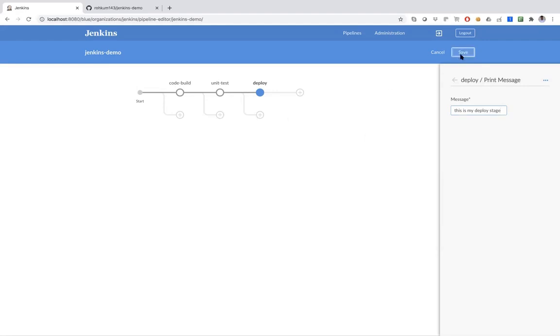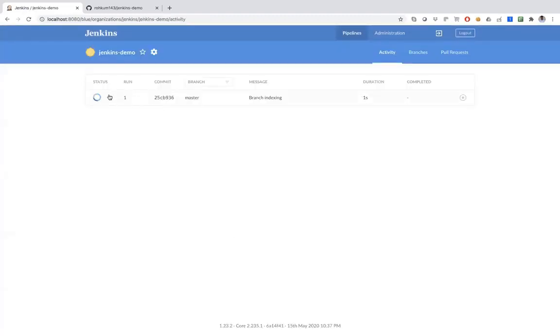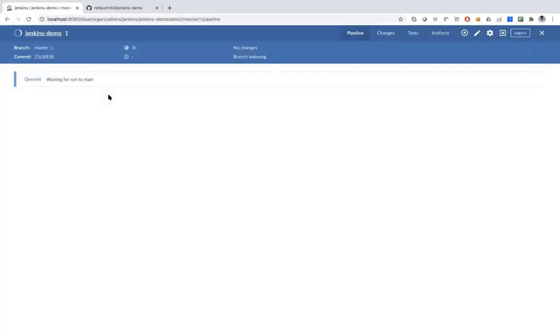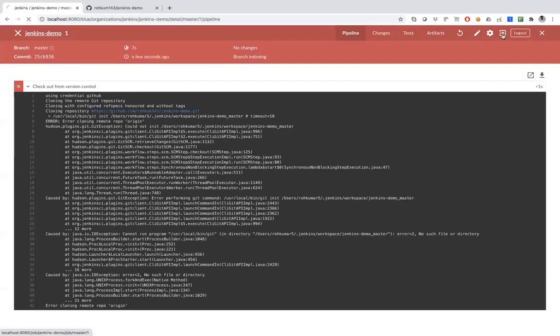Now I'm going to save it, and I'm just going to commit it. It's going to commit into my GitHub repository, and I'm giving an initial comment. So I created it and ran it, and it created one commit. You know what will happen? It will create a whole skeleton and run a declarative type of job. Now if I go to the classic view, you can see here.